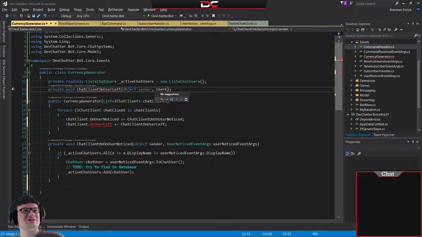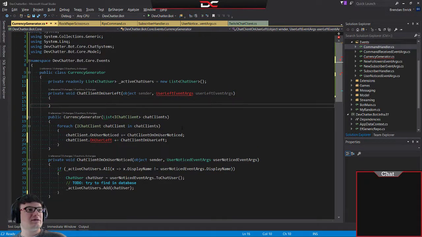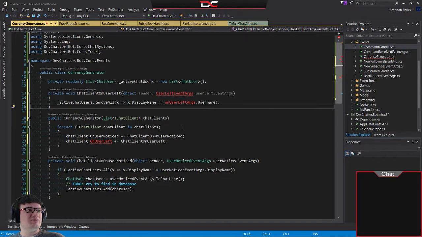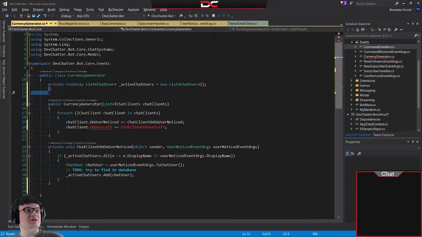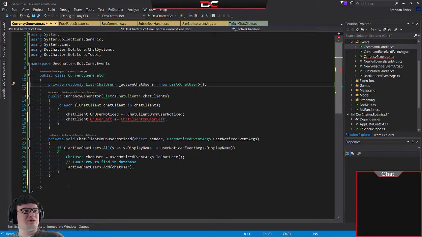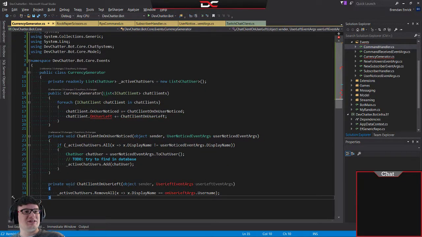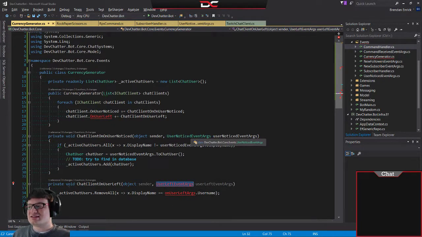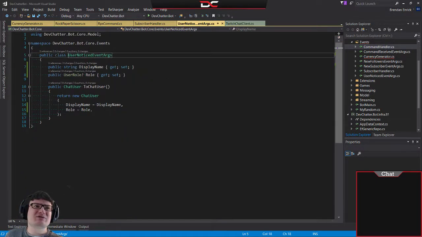So this is UserLeftEventArgs. We're going to put that in there, and then I'm going to drop this down below, and we're going to put this right after the other one, and it will be wonderful. So what I'm thinking when I look at this is these event args are pretty much going to be the same thing, so I'm thinking that we don't really want to separate them like this. I'm thinking we want to have